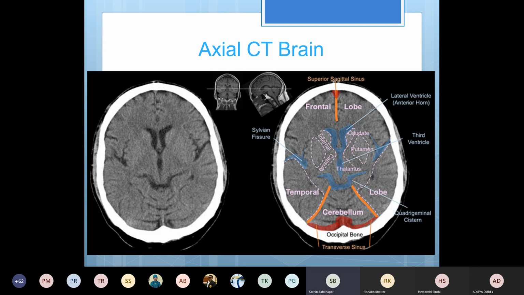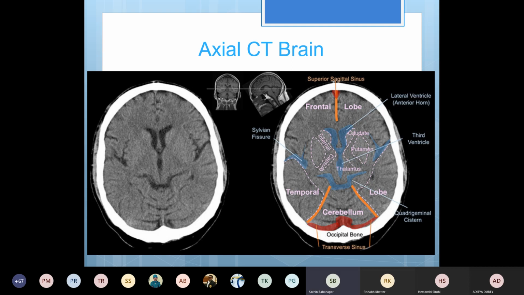And you have the third ventricle, and this is the quadrigeminal cistern. Fluid-filled spaces appear black on a CT, that is, hypodense. The soft tissue is slightly grayer, so a little more dense than fluid. And bone is very, very dense. It's the maximum density of all the body structures, except any calcification or calculi, which will also appear similar. So that's very hyperdense. Density is the terminology used to describe the shades of gray on CT.